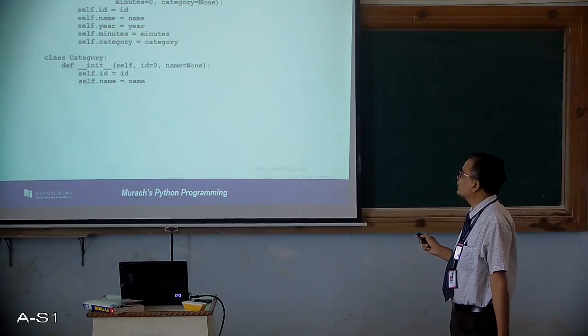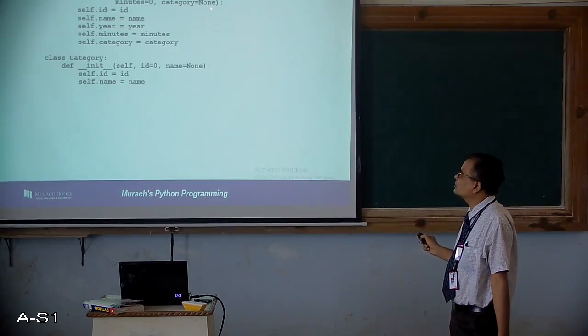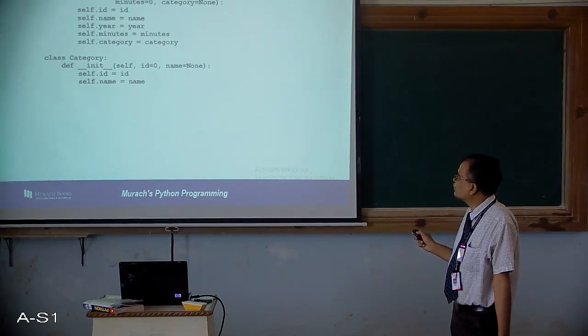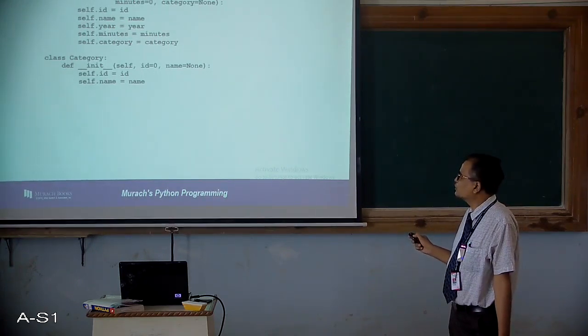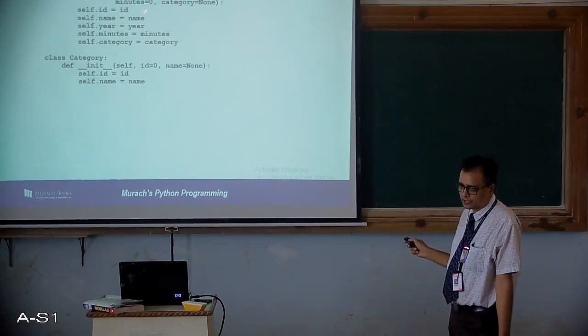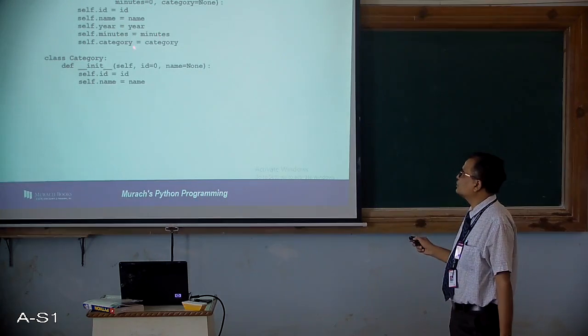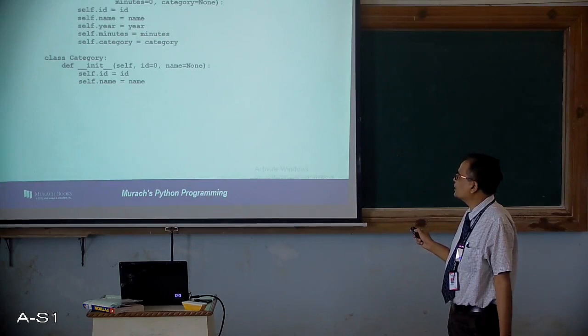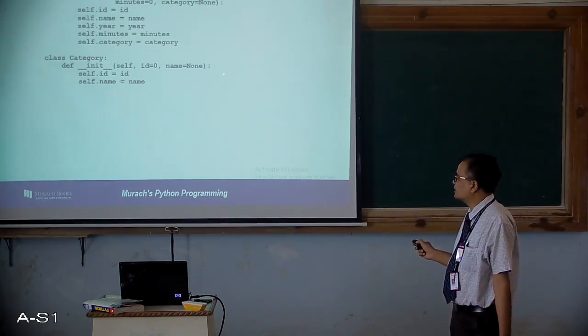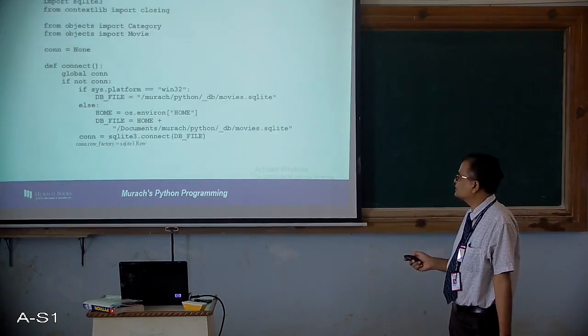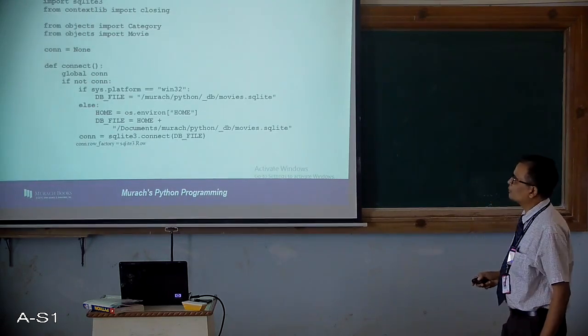Using all these values, if any of the values are missed out while creating an object, these default values will be assigned. If suppose you pass ID, name, year, minutes, category, everything properly while creating an object, those values will get overwritten with the values that you have specified here. That is, 0, none, 0, 0 and none will be replaced with the values that you have actually passed. Similarly here. Hope you remember this. This has been taught long back.